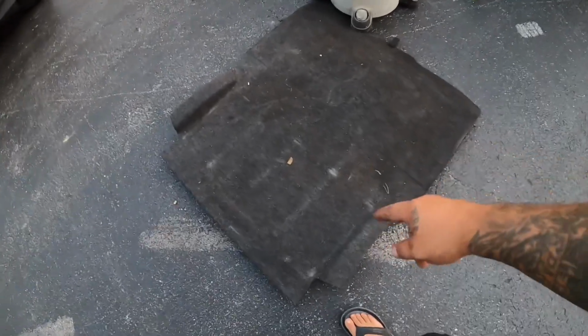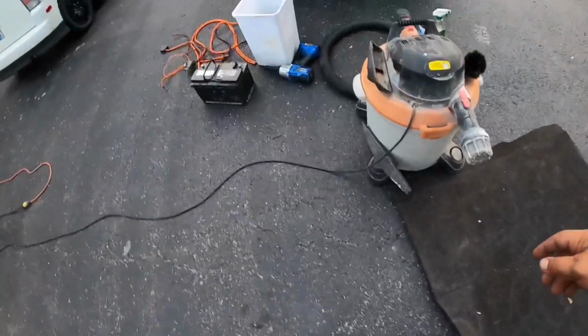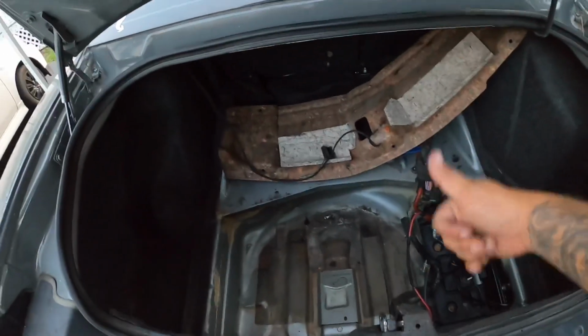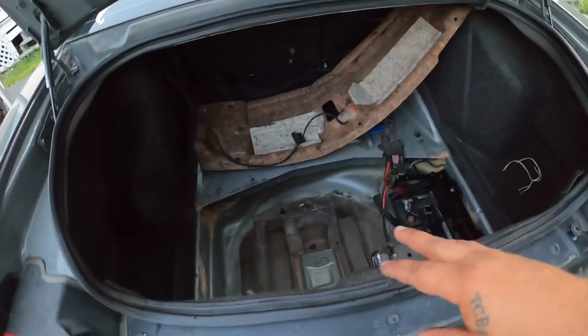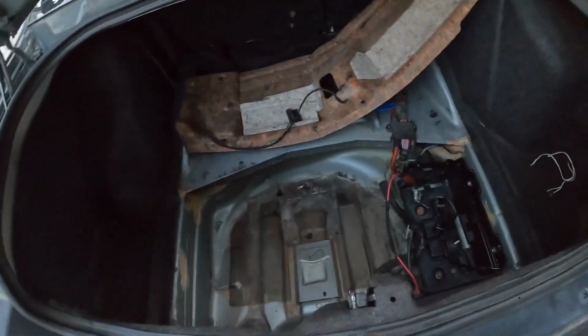I'll probably take this out and vacuum it and get it all cleaned up, kind of like I did with the rest of the stuff in the back. I'll put that package tray back up, put some black electrical tape around that so it doesn't cause any RF interference or any other weird stuff. It's just speaker wire, but